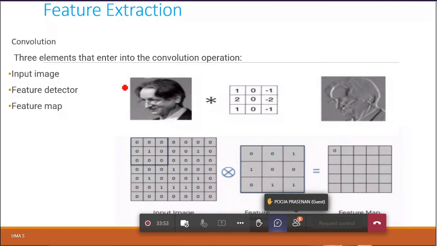Okay. When you take feature extraction, convolution is applied first. What happens in convolution? We have three elements in the convolution: the input image, the feature detector, and the feature map. If you see the images here, the input image is there. This is the convolution operation symbol, and here I use a kernel or filter, like masking.